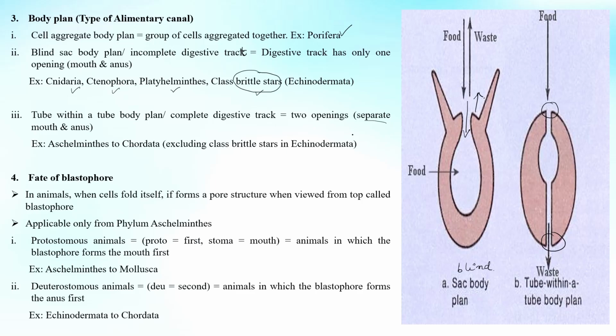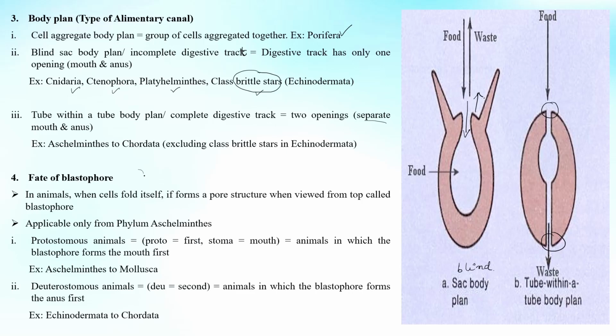They're not the same opening. Okay. So from Aschelminthes, whatever phyla comes, to Chordata is going to have complete digestive tract, except the class brittle stars of echinoderms. Okay, next. So from the fate of blastopore, we are going to see this fate of blastopore in the